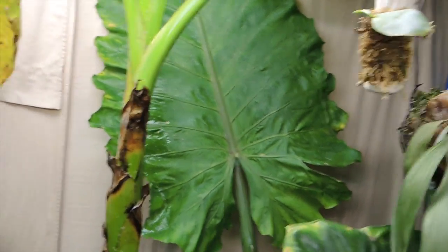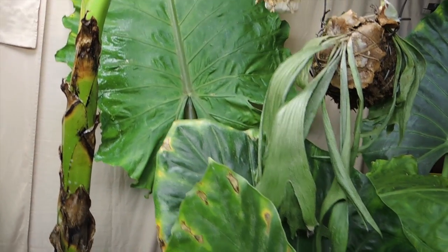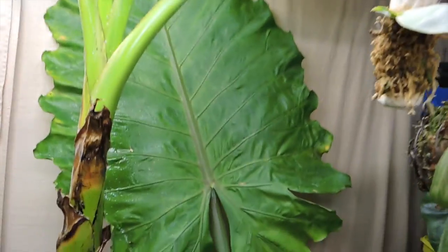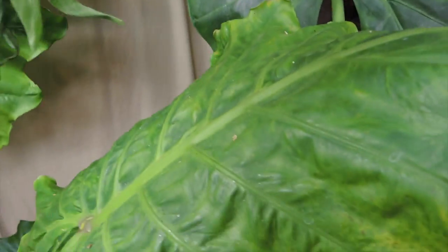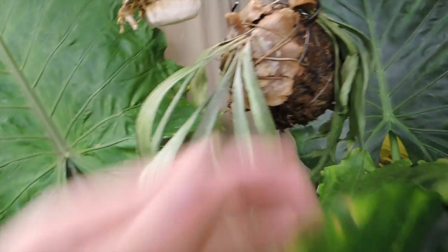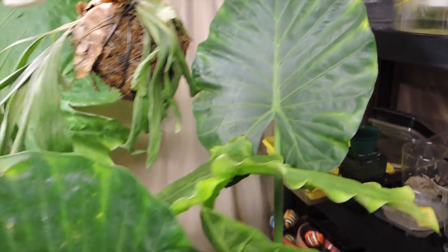It's looking not so great. Let me just put down this pesticide here, the rubbing alcohol solution. There's its new leaf. It's not looking so good. It's got flecking in the leaves. The underside isn't looking so good, but it's still alive. Again, when it goes outside, it's going to start looking much nicer. And then back here